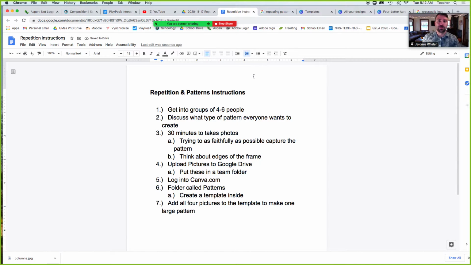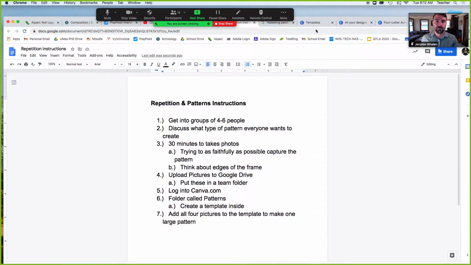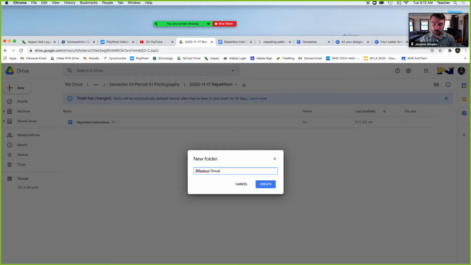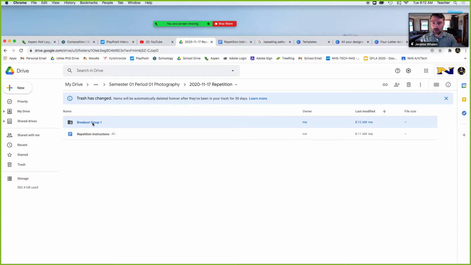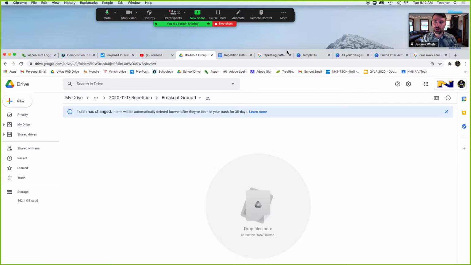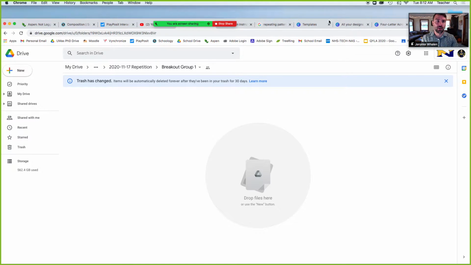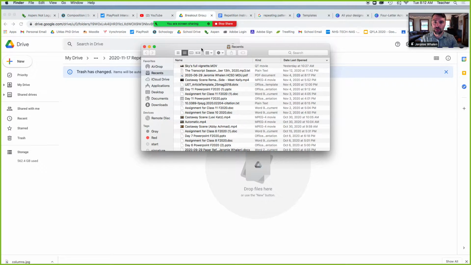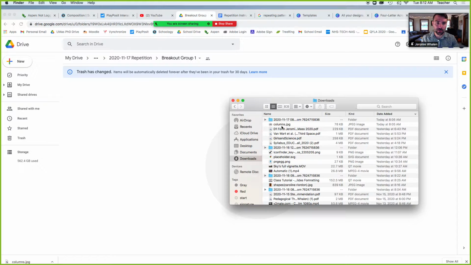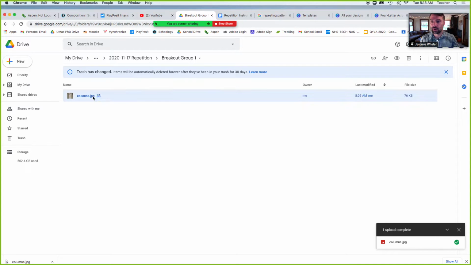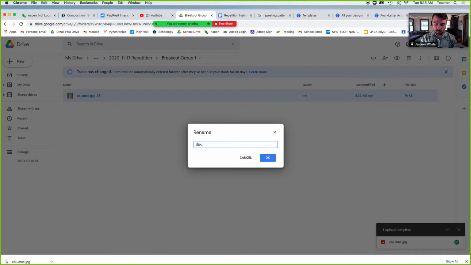So this is, I'll kind of step you through this. So we have repetition. Here's our folder. So say we were breakout group 1. We have a breakout group 1 folder. I go out, I say that we're all going to do vertical lines, okay? So over here, in the downloads, I have downloaded, say I went out and I shot this. I'm going to put this in here, rename to